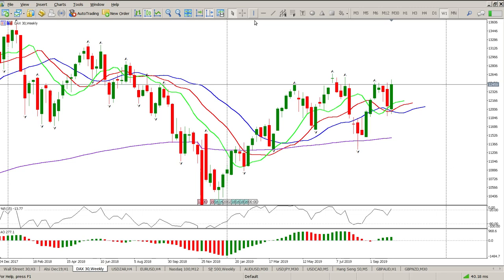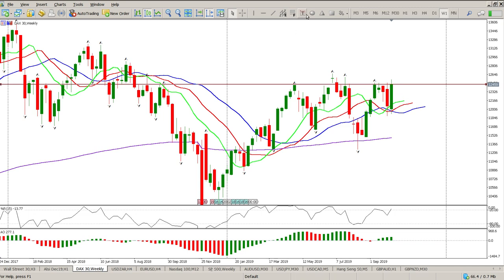So I just want to start off on the weekly because we've got some very interesting structure forming on the weekly. So we've closed on this previous weekly high. And you can see the last time we got up here, we sort of had a shooting star and then a break, a retest, and then a pretty big move to the downside. So if you look at the weekly, we've had that strong move, we've had 3 weeks of nothing, and now we are pretty much